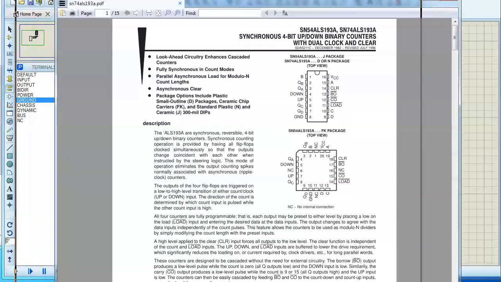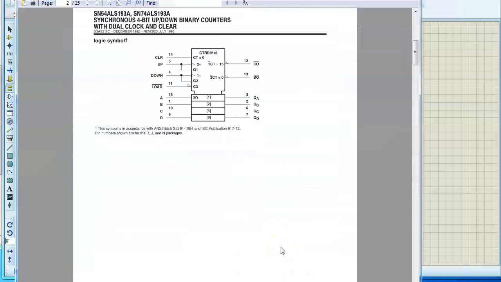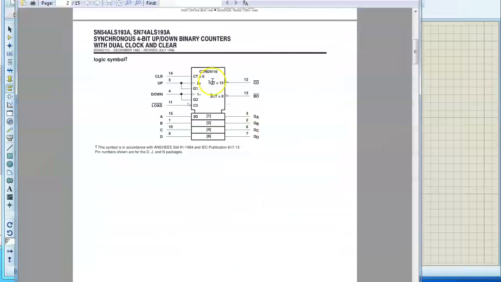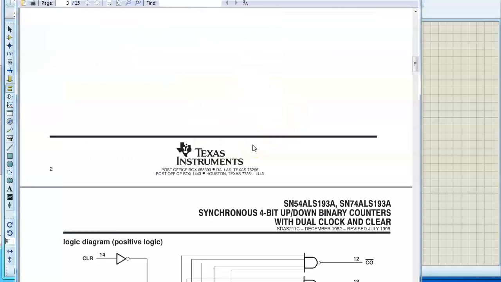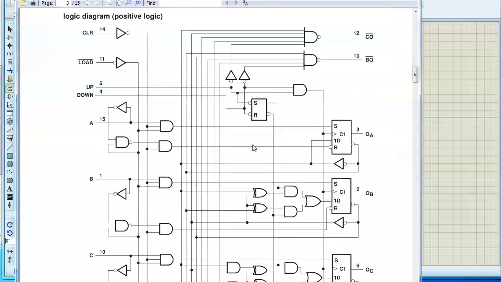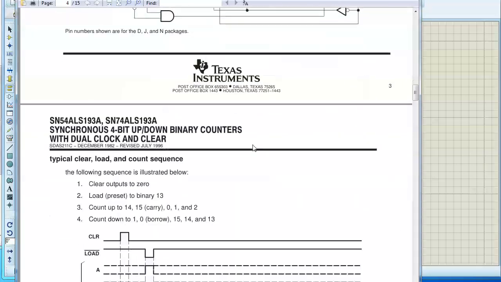You can see this is a data sheet. And you can see the basic diagram, like a logic symbol. And this is a quite complex internal diagram, which we are not that interested in right now.